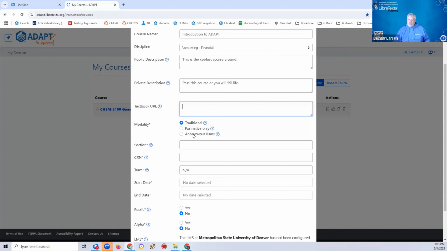The last one is anonymous. This is a little bit more unique in the way it's set up here. If you click on this link, it makes it possible for students to see the questions, but not to see the answers, nor to be able to access the auto-graded capabilities. Now, you may be wondering why we have something like that here, because it's a peculiar way to go about doing it. The reason that we have that there is there are needs at times, depending upon the licensing of the material, that we want to be able to provide people access to see the questions themselves.